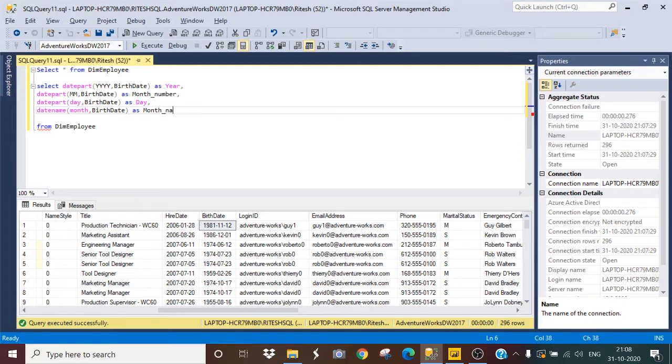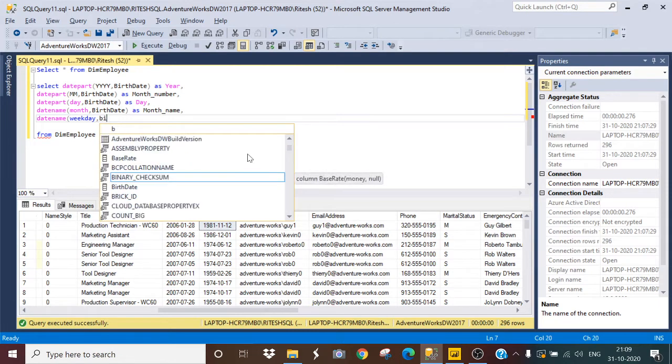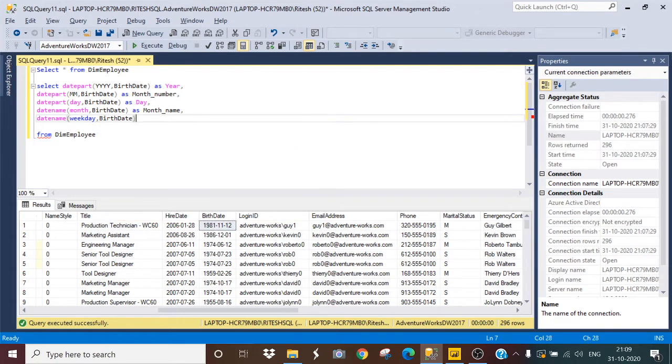month underscore name. Now I want the weekday number and weekday name also, so I will use date name again, and it will be weekday comma birth date, as weekday underscore name.